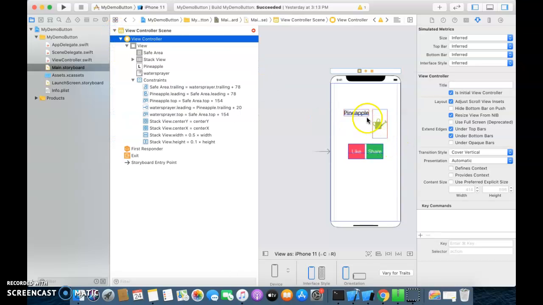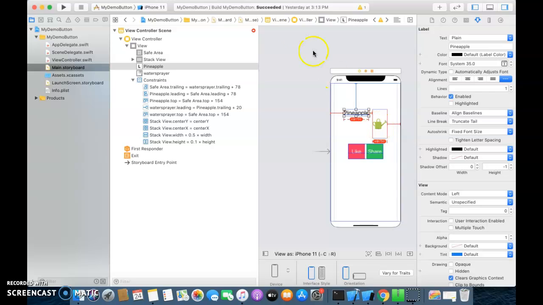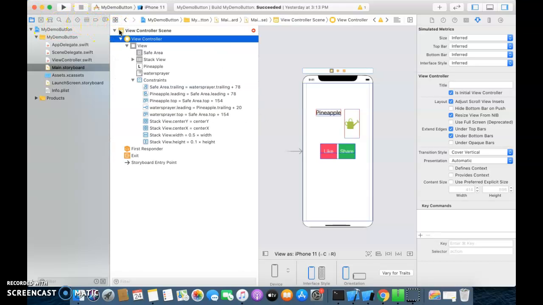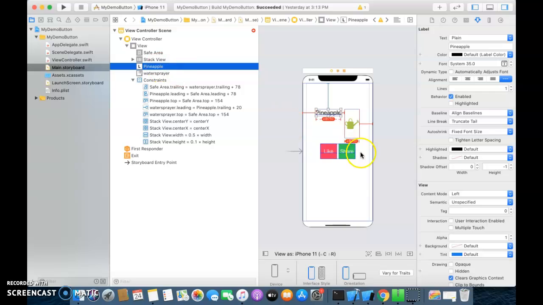So it is saying that you need to set the content compression resistance priority of a pineapple to be greater than the image view. That will not shrink your label. I have a label and after adding the greater image, the image view is compressing the UI label, and the UI label is going to shrink.